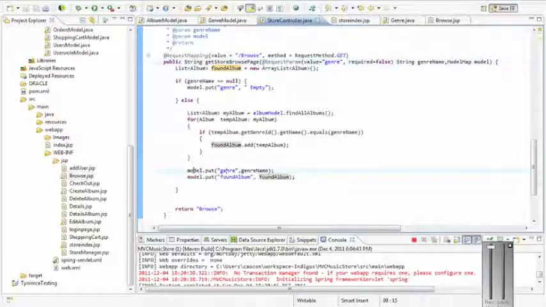Okay, and after that I put the genre name into this variable, and the filtered album means all the albums belonging to that genre, put into the filtered album. Make sense? Okay,